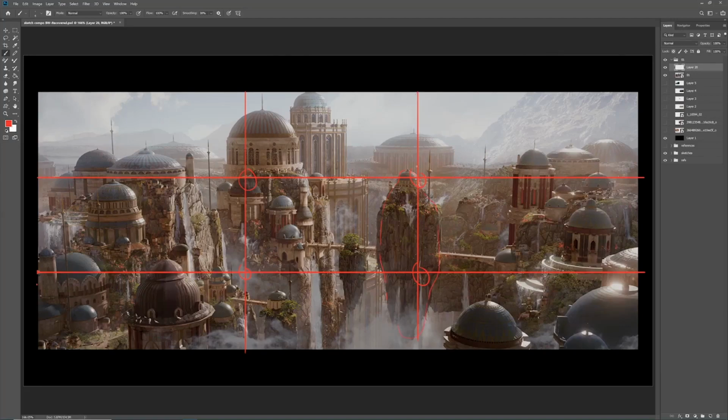That fits perfectly inside this intersection. So here we have the same. We have another mountain, a bigger mountain than this. But at the same time, the second more important building is placed here, exactly on this intersection. So this helps to understand the composition in a better way and gives